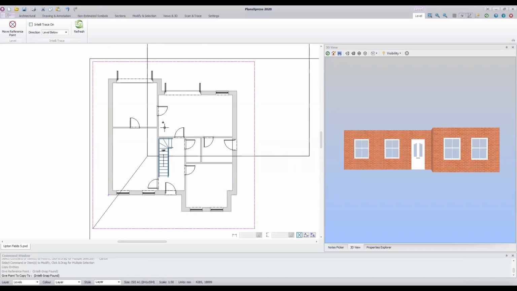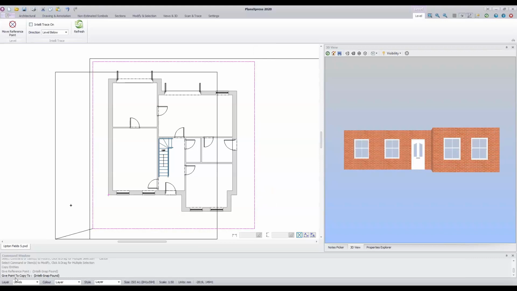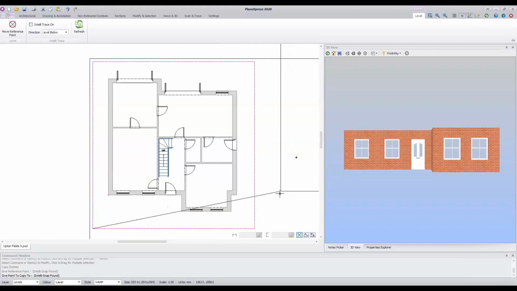Okay, so you'll see now, if you move your cursor around, that you are controlling the position of your first floor level. So it's creating a copy of the ground floor, and this is the first floor level we're going to place. So the command window is telling us give the point to copy it to. So where do we want to place it? What I suggest you do is hover your cursor over the bottom right endpoint of the ground floor. We're going to place the first floor layout to the right of the ground floor layout. So if we find that endpoint on the bottom right hand corner of our ground floor plans, we can use that as the point we're going to place on our first floor plans. So to copy it, just click once more once you've found that endpoint,